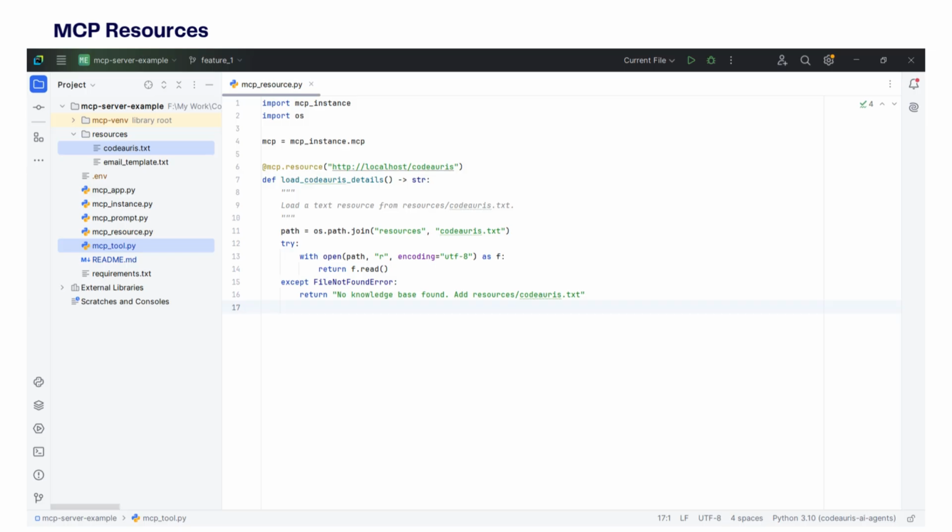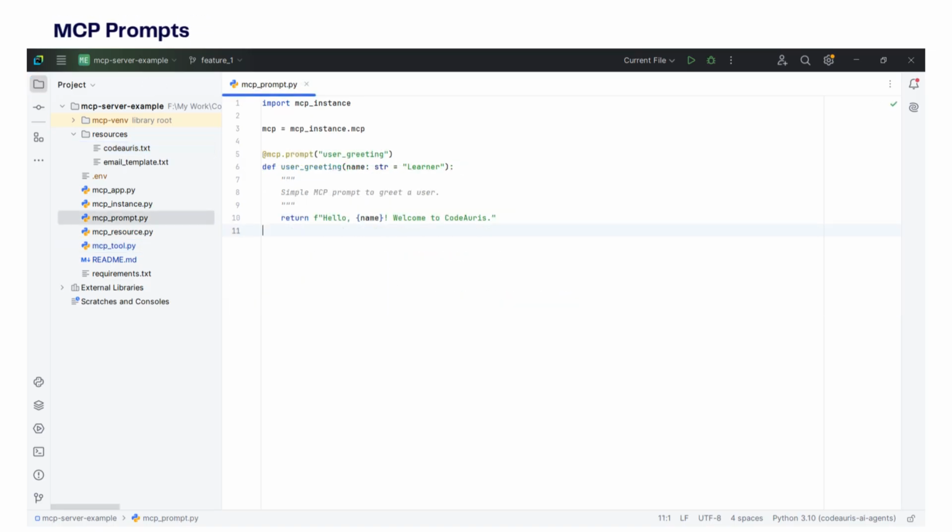your model's knowledge ecosystem. And finally, we have MCP prompt, which defines the prompt templates that the model uses to structure its interactions with the MCP server. Think of prompts as predefined conversational templates or structured instructions. They tell the model how to ask for something, whether it's fetching data, triggering a tool, or simply greeting a user. In other words, instead of the model trying to figure out the phrase every time, prompts give it a consistent and predictable way to make requests.